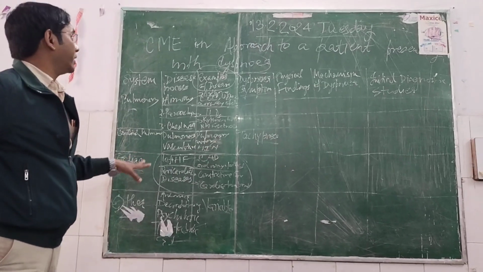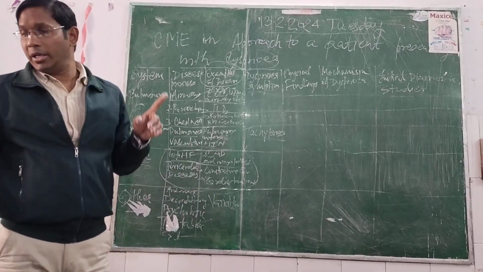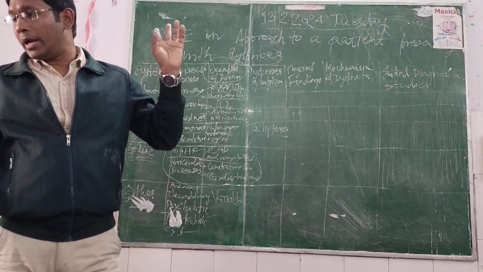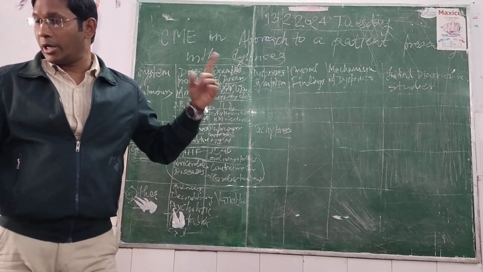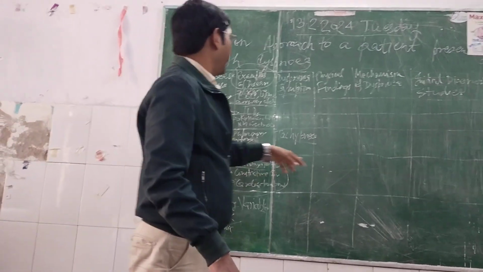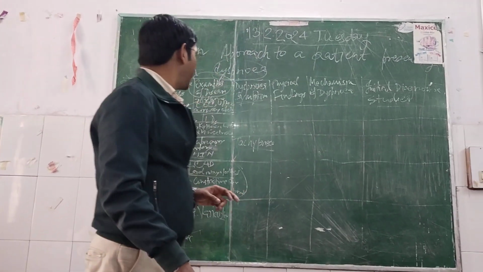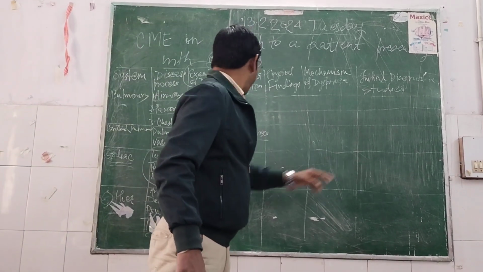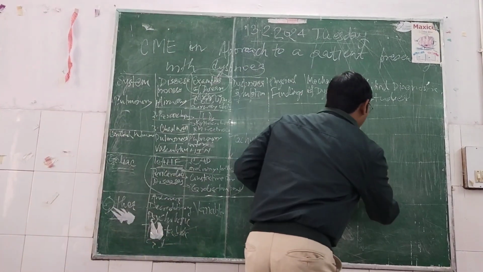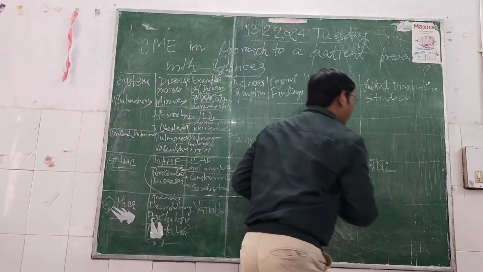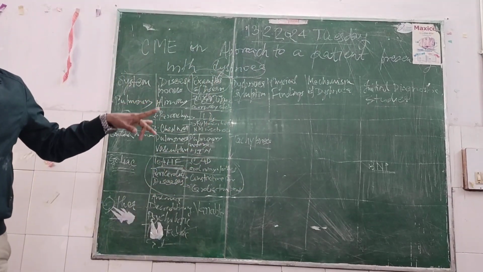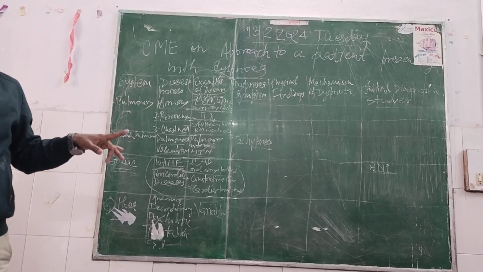In case of cardiac disease, the mechanism of dyspnea is increased work of breathing, increased respiratory drive, hypoxemia, and increased vascular and pulmonary receptor sensitivity. And definitely, what will be the initial diagnostic studies? In case of heart failure, the initial diagnostic study is BNP, brain natriuretic peptide. Although we don't do it here, we should know what the ideal one is. The initial study is estimation of brain natriuretic peptide.